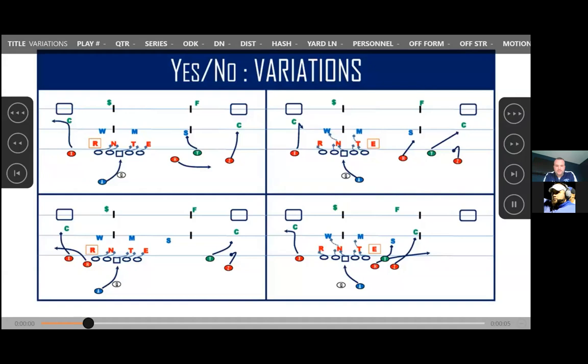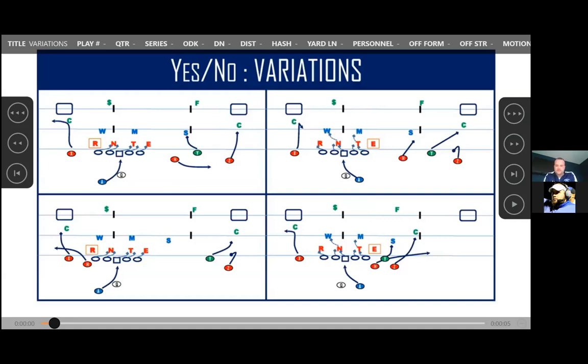The other variation that wasn't on that page, but if you look at these bottom 2 pictures, and I want to just give you a chance to see them, is we also run what we call a flat screen, which is exactly what it sounds like. We're running a super slim arrow, and we're going to block it. The way we run the bubble is we always pedal our bubbles, which is great for completion percentage. But as you can imagine, it does slow the receiver down.